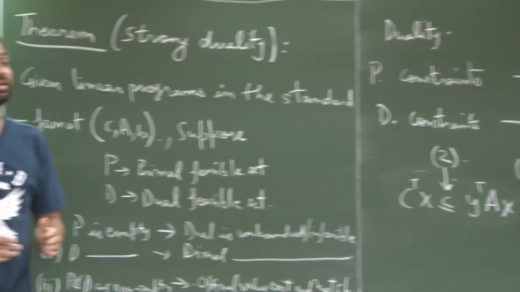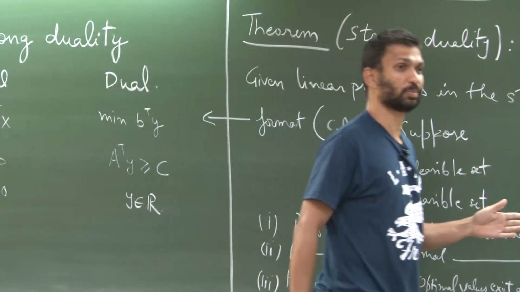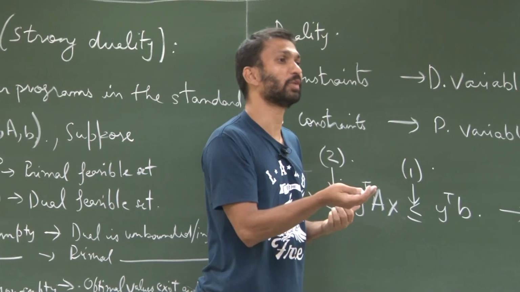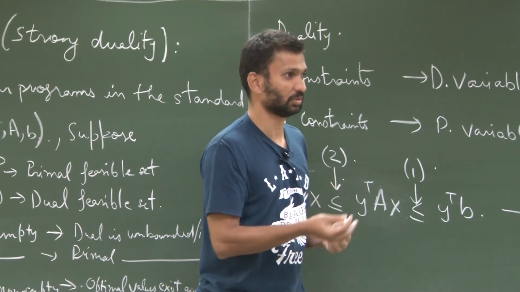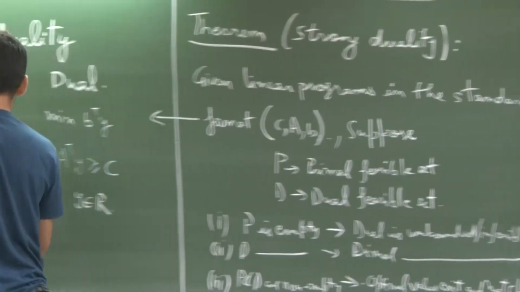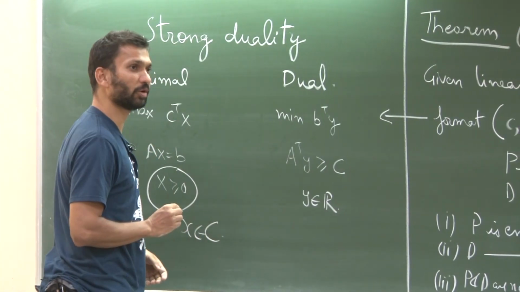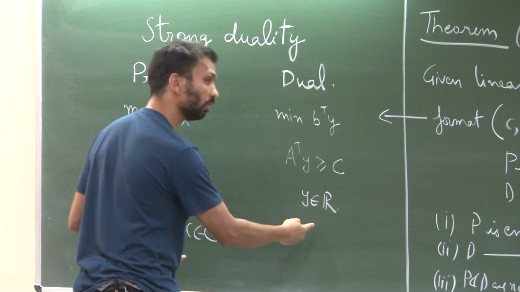Duality is one thing which works out for convex programming. You can define what we call the dual of convex cones. So instead of this, we can say X is part of some convex cone, and then